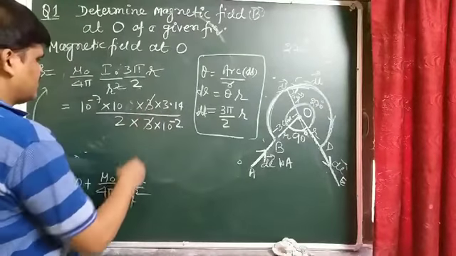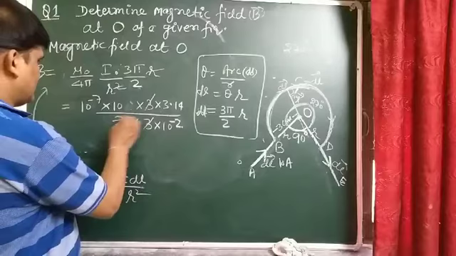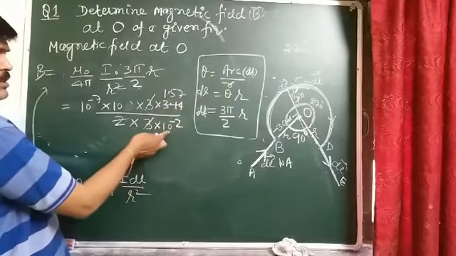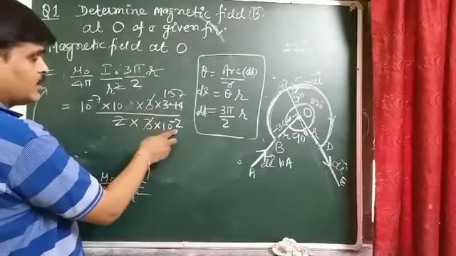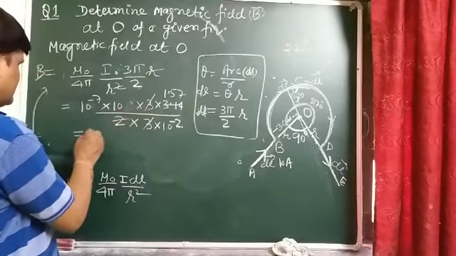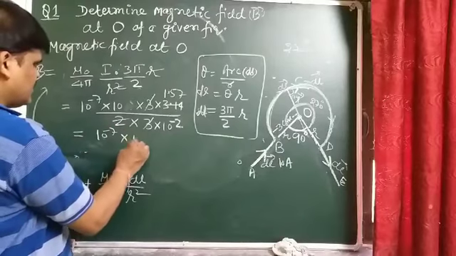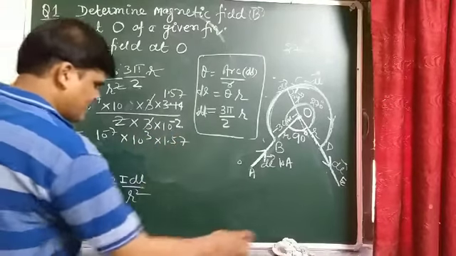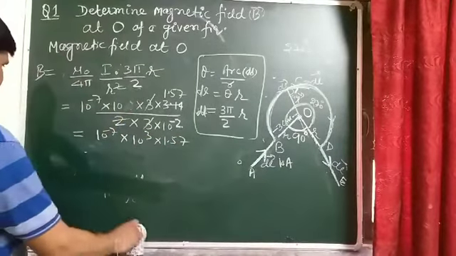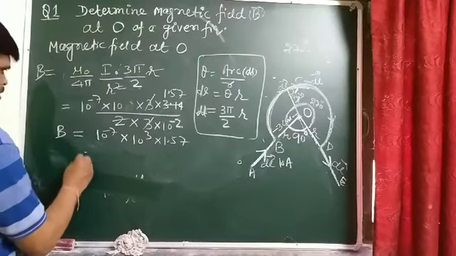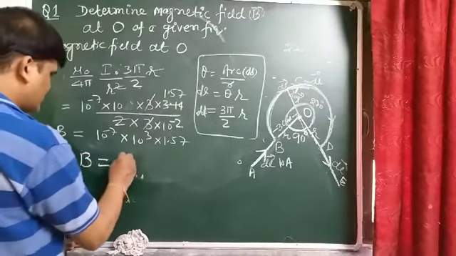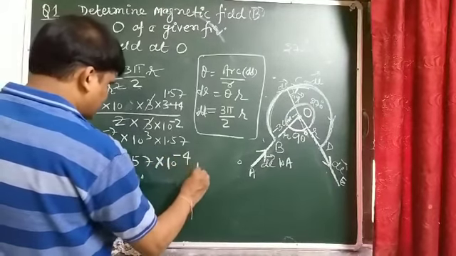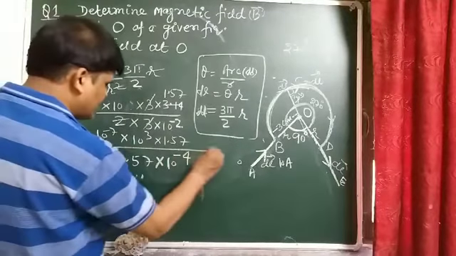This 3 cancels out, student, and it is written as 1.57, and when this 10 to the power minus 2 moves to the numerator it becomes 10 to the power minus 7, and here 10 to the power 3 and 1.57. And students, solving this, B comes out to be 1.57 into 10 to the power minus 4,